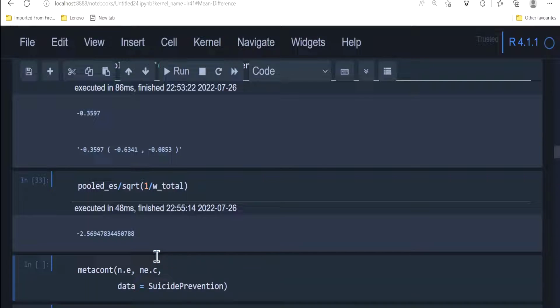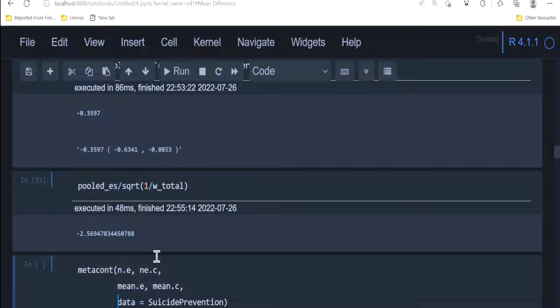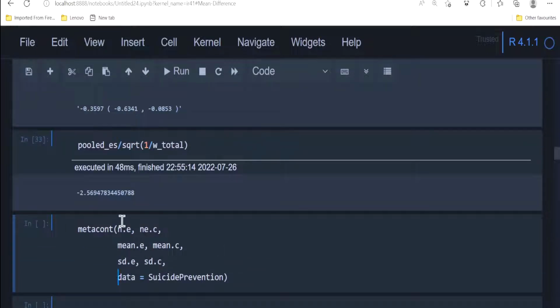Now the second one will be the mean in the experimental group and the mean in the control group. Now the next thing I need is the standard deviation of the experimental group and the standard deviation of the control group. Once you have all of this, so you have NE, NC, mean E, mean C, SD E, SD C,